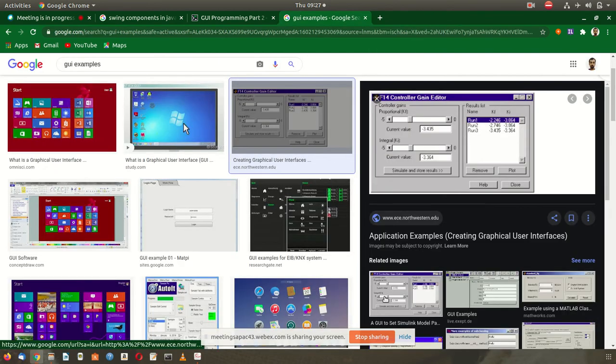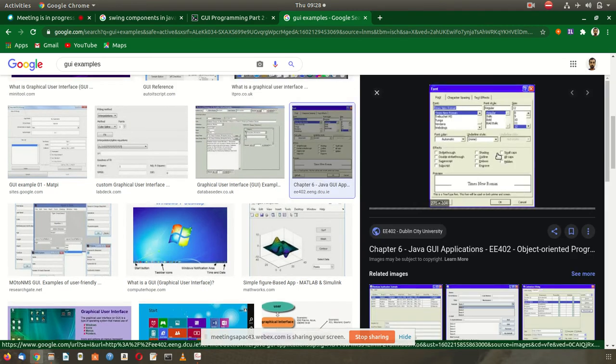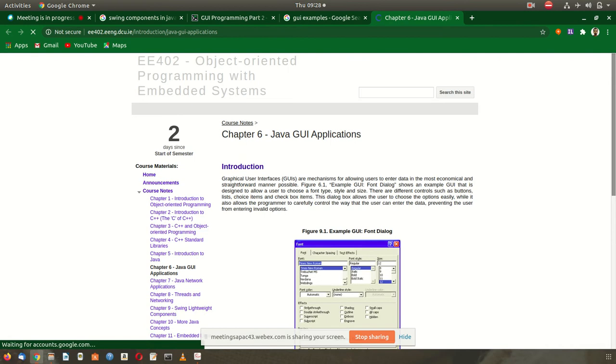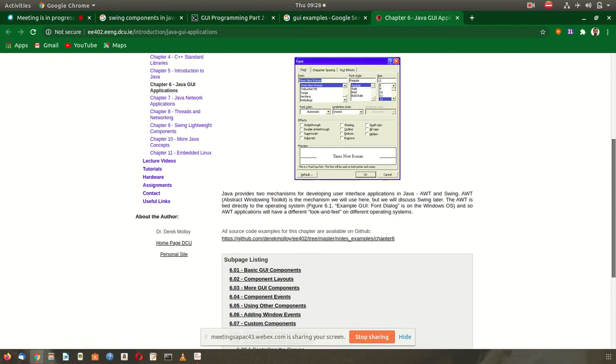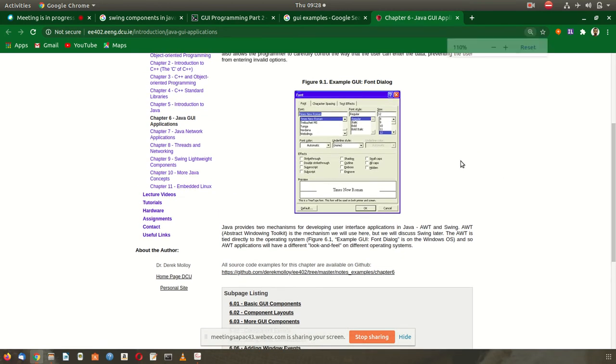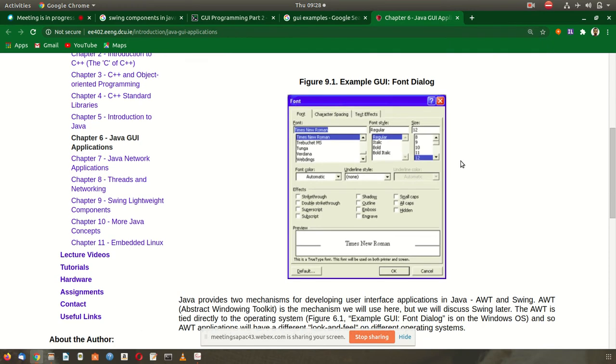Many such are examples of a graphical user interface. This is another example of a graphical user interface. Here, this is an example of a graphical user interface.